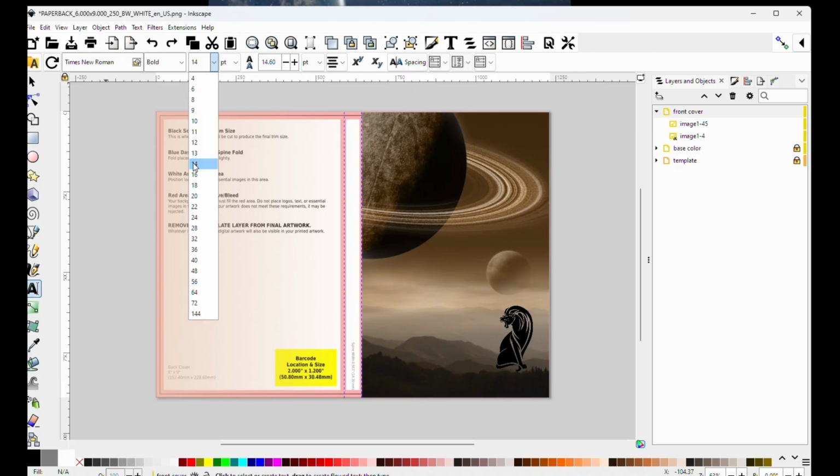That's usually what I use for the interior of my books. But what I'm going to do for this title is I'm going to set it to maybe 40 and set it to normal. And we'll talk about some of these in a moment. And then I'm going to just click a spot down here. Now that gives you an idea of the size of the text. If you want to adjust it, you have to adjust it here. Let's pick 36 and then click again, and notice it's smaller now. So let's go back to 40 and click, and